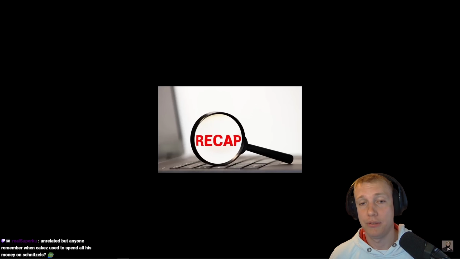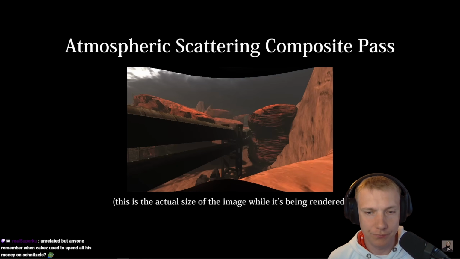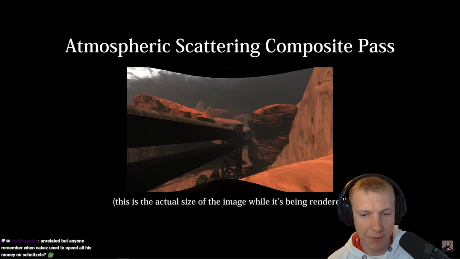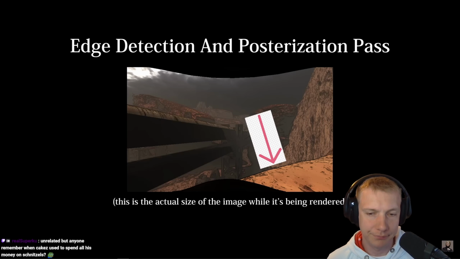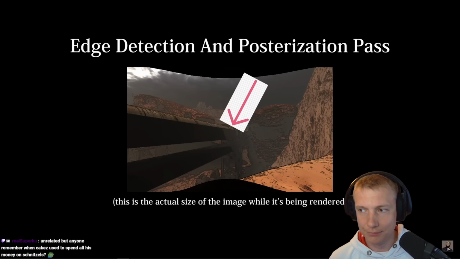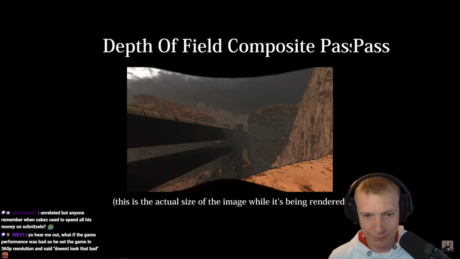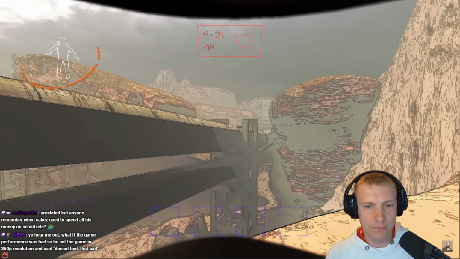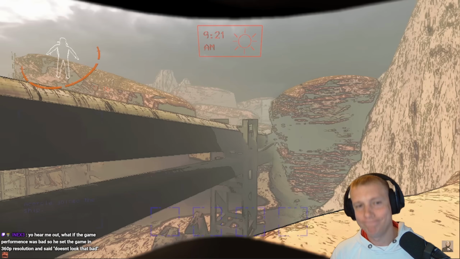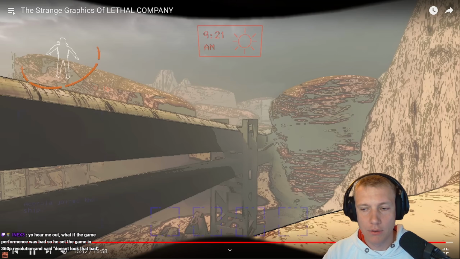With all that finished, let's do a quick recap. First, all the objects in the scene are drawn and realistically lit. Unity's atmospheric scattering simulation is composited with the image to create a realistic fog. The developer's custom posterization shader is applied next, drawing edges based on depth and some mystery color difference, and then applying a second layer of volumetric light, but thresholded to create a posterization effect. The helmet visor is blurred with Unity's HDRP depth of field shader, and the frame finishes with bloom, as well as some final color corrections before being upscaled to fit the screen from its low fixed resolution, giving it the pixelated aesthetic. Despite being an ultimately simple stylized rendering pipeline, Lethal Company's visuals are compelling, and I hope it can serve as